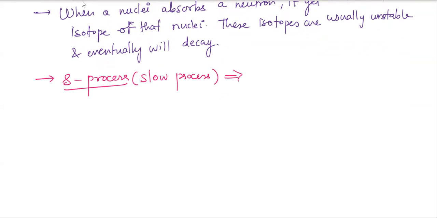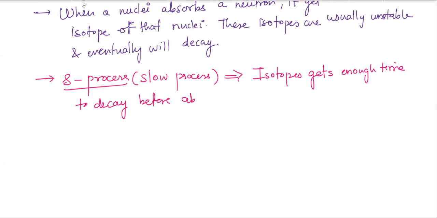what usually happens is that the isotope gets enough time to decay before absorbing the next neutron. Okay. So it will decay. Usually those decays are beta decay. That's, isotopes